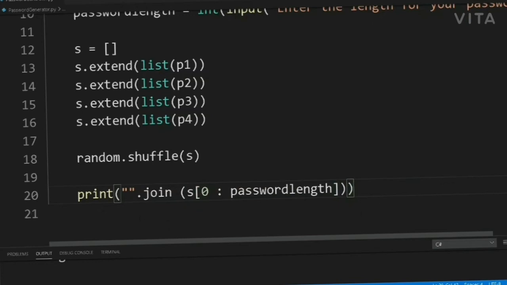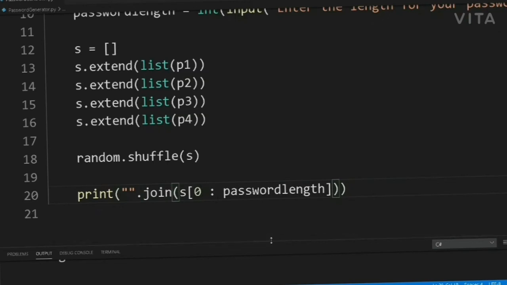Now it will create a very unique password which will never be cracked. So now let's try running this program.